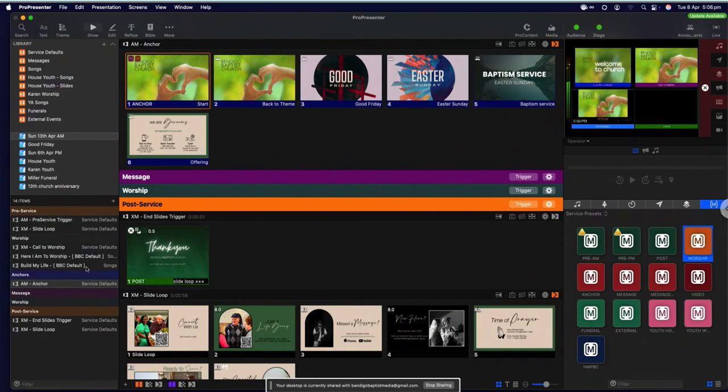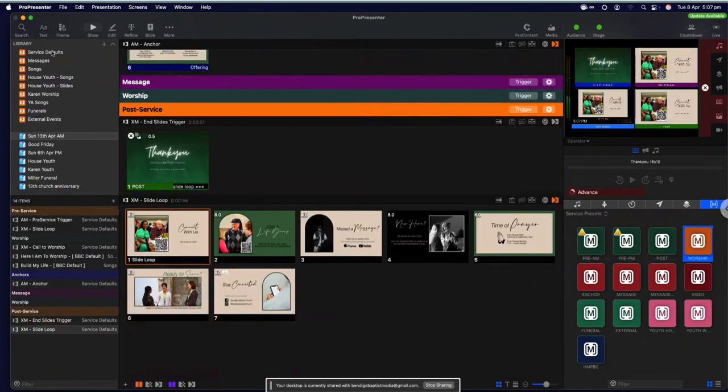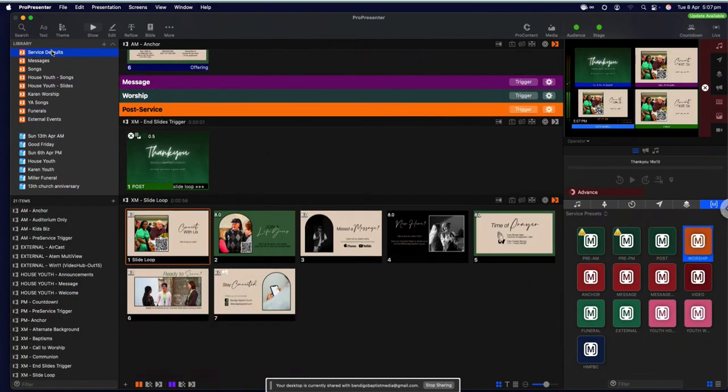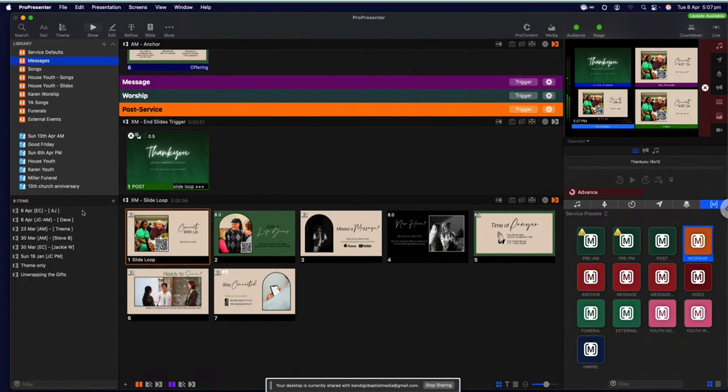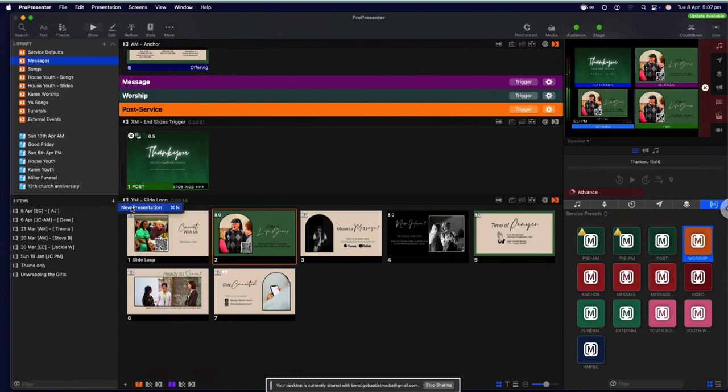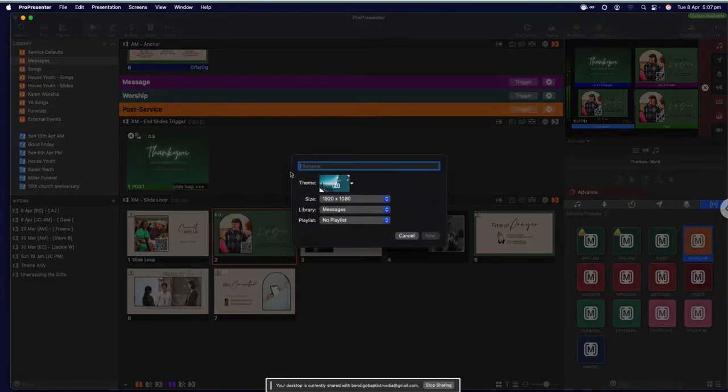And then we would have a song, we would have the message, I'll come back to that, then we'd have worship, a song in there, and then we just keep all these old ones. So if I was to do a new sermon, I would go up to messages, click on that, new presentation,